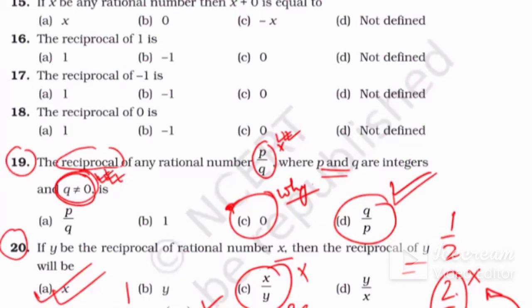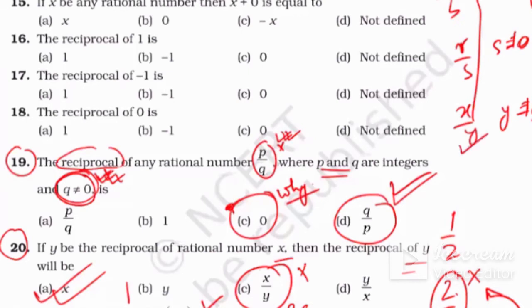Okay, this is the condition. They always have to give this condition. Anywhere if you write a by b, you have to write b is not equal to 0. If you write r by s, you have to write s is not equal to 0. Never equal to 0. Any rational number written in variables x by y, you have to write y is not equal to 0. You must write this after any rational number in variables. Okay. Next question.